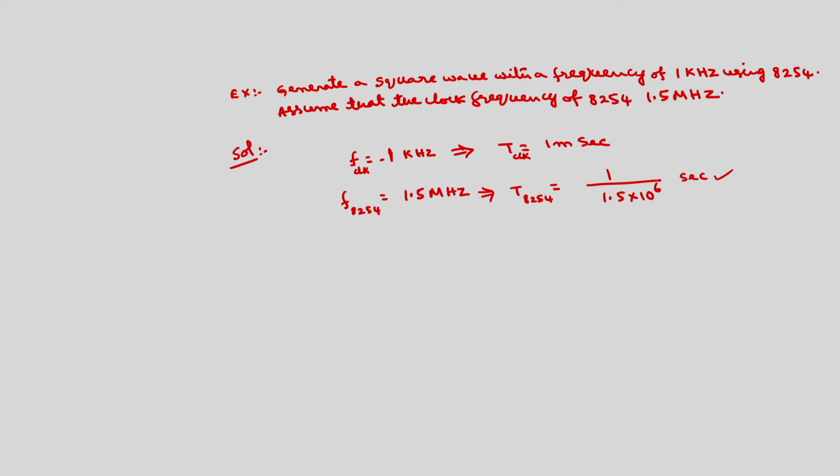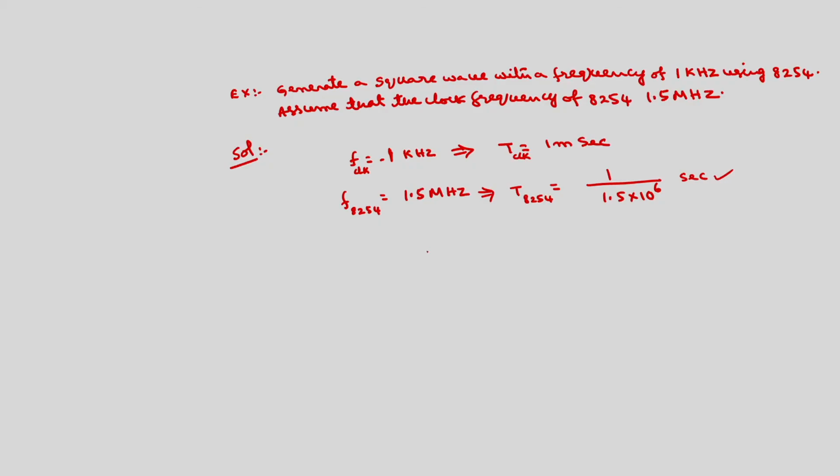Okay. So, in order to find out the capital N value, 1 clock cycle of the clock is equivalent to 1 millisecond duration. Then what is the duration that we want? We want a duration of 1 by 1.5 into 10 raised to the power of 6 seconds. For this, how many clocks do we require? That is the n value.